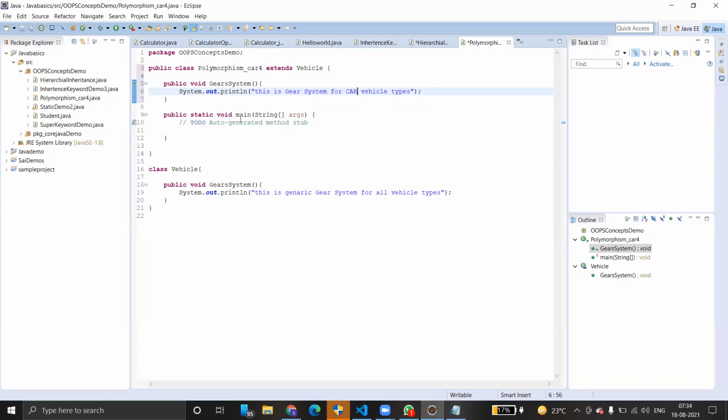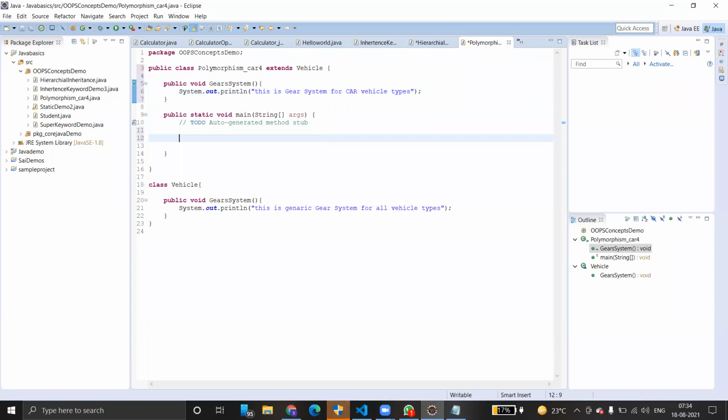We have the main method. How do you call this method now? Tell me. First we create an object or a variable with this class name. Control C, Control V. Object car equals new.